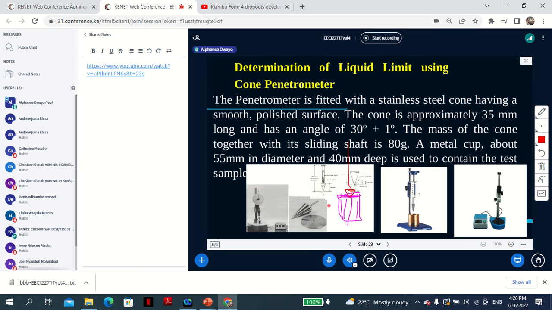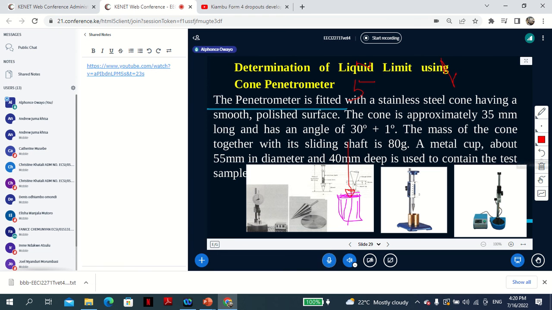As you can tell, depending on the water content, the penetrometer will penetrate the soil by different amounts. When the water content is low, the penetration will be little. So say the water content is 5%, then the penetration P, let's say,